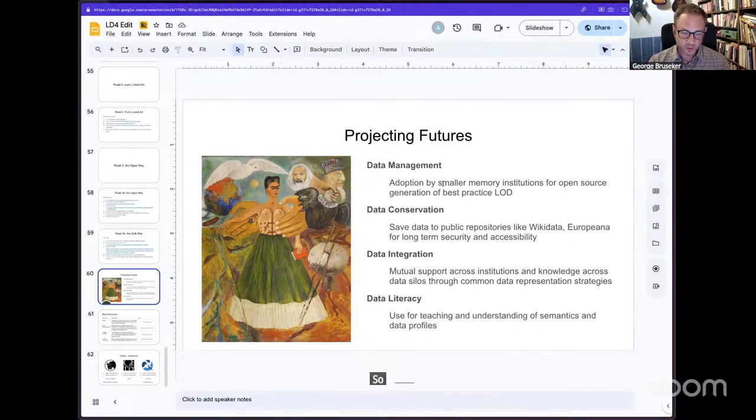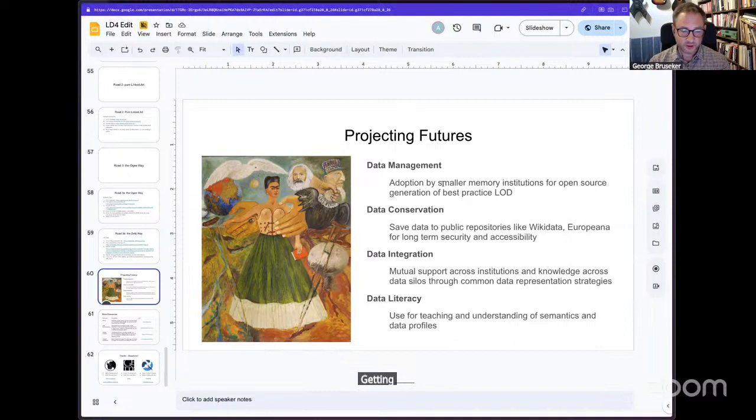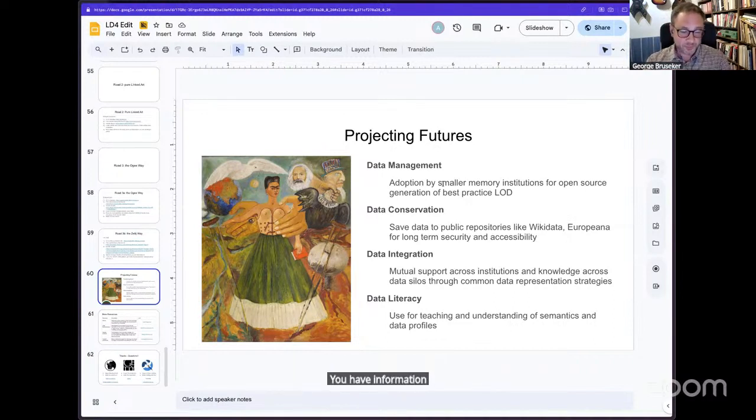So you could imagine that having a tool like Ogee, though it doesn't have to be Ogee, but tools like that start to allow you to think more strategically about how you can do data integration between large institutions, but also these smaller institutions, so that we really are getting past the data silos and finding out that I have interesting information about Frida Kahlo you didn't know about, and likewise, you have information that I didn't know about. And we can find that just via the data network.